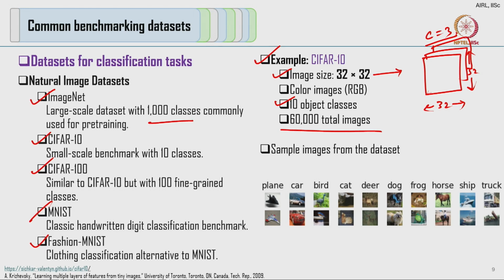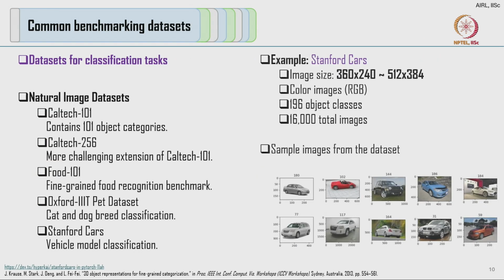right. Some samples from the dataset can be observed here, which are from classes like plane, car, bird, cat, deer, etc. right. Now, the first slide where we discussed the classification operation, these are some of the input images that could be used in that particular example. Essentially the input image could be an image of a plane and we can use that to train the model, right. Okay. Now some other datasets for classification tasks are Caltech 101, Food 101, Oxford IIIT Pet dataset,